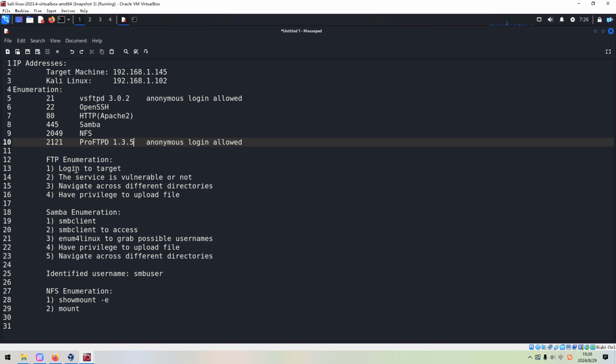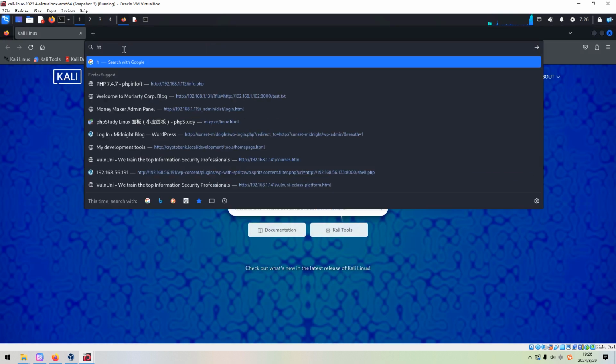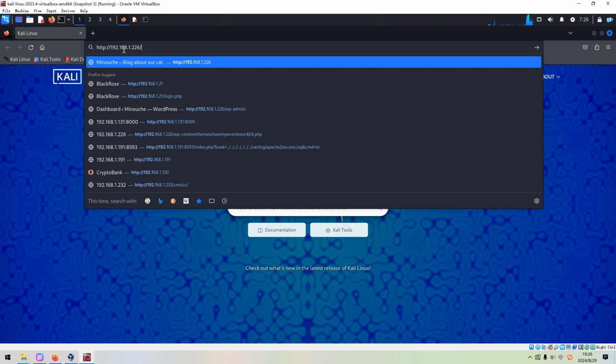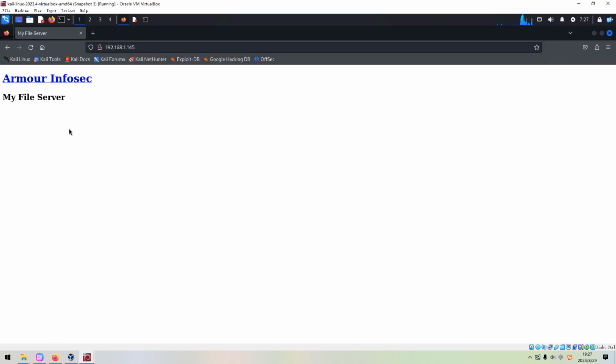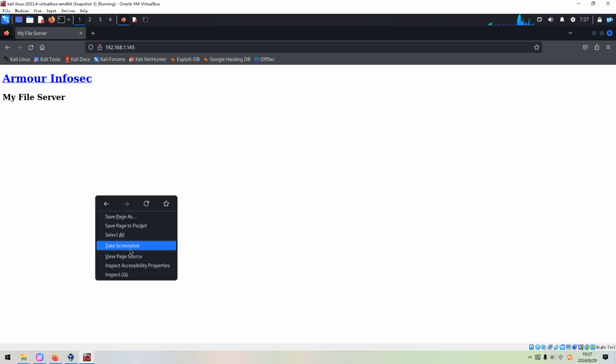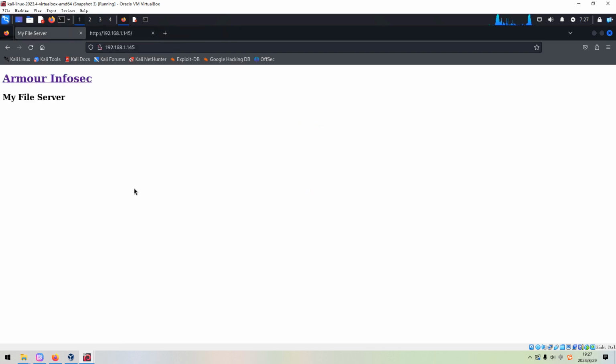So now we come to port number 80. Let's launch our browser to do the manual enumeration first for this application. Press enter. Very simple page, and we can check its source code. Although this link would lead us to the internet, because I configured the target machine as host only, this will not be done. Okay, oh, it's done, because this connects from the client.